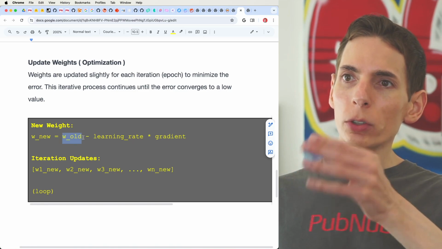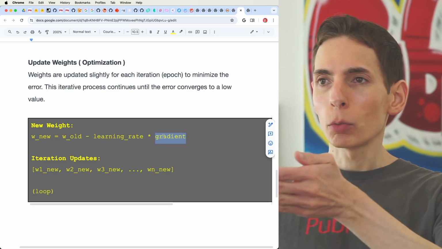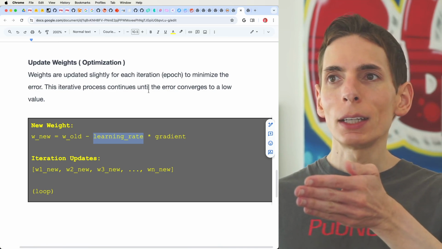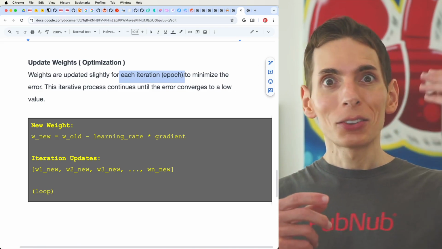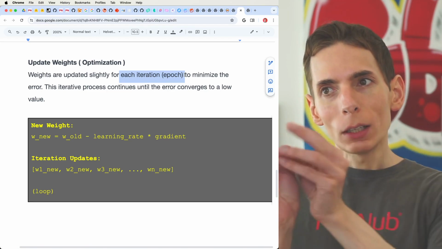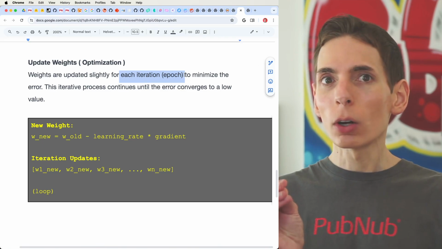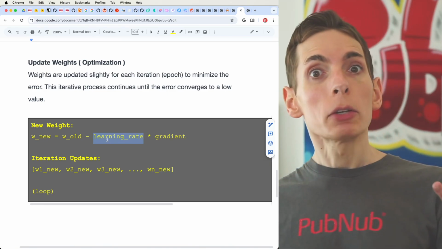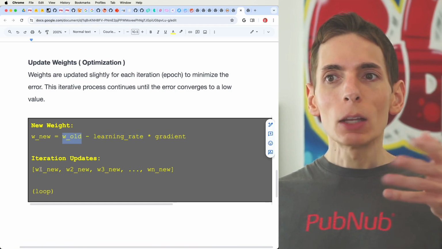So we've got our original model, old, right? Our old model here, calculate our gradient through back propagation, and then we apply a learning rate. We want to do that because we're going to be going over the material multiple times. So we essentially ask the model a question, it gets it wrong, and then we see how wrong it is, and then we look to see how we can correct the AI for every single one of its neurons, and that's the gradient. Then we apply a learning rate, and it's like maybe 1% or less, right, of how off we want to modify it, and then we get a new weight, and then we loop, and we do that